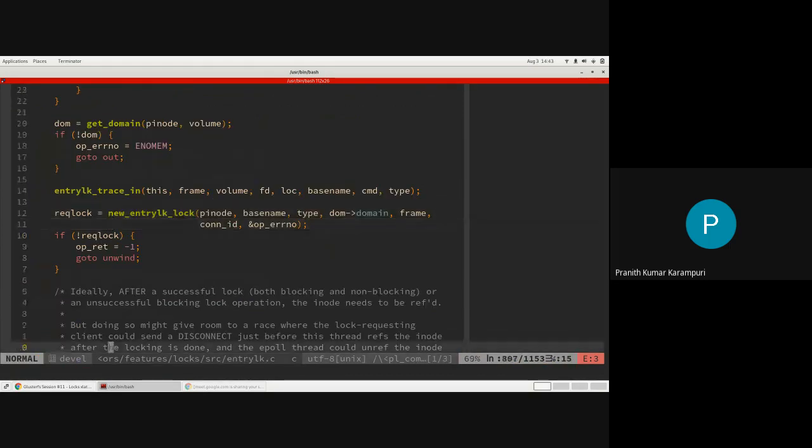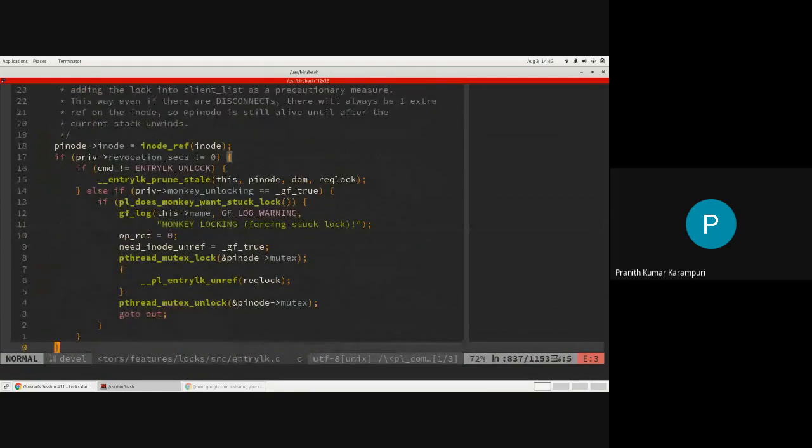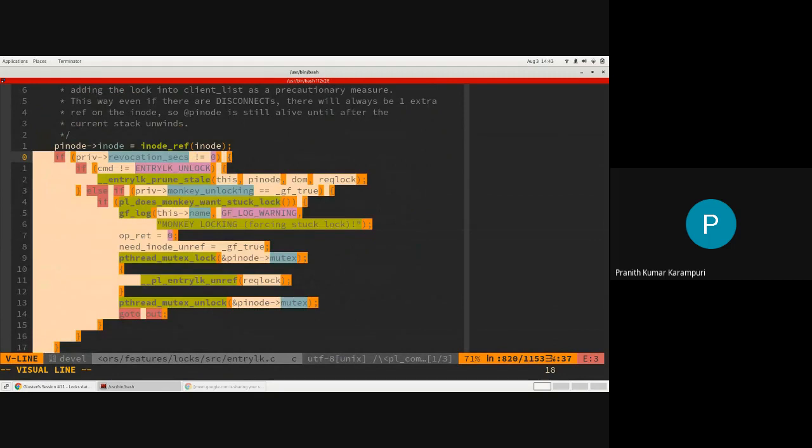All right. So after this, okay, so this is that. I think this is contributed by the Facebook team because they used to get a lot of these stale locks at that time. So they have this concept of revocation, which is if a lock is active for more than X minutes or X hours, it will just go ahead and unlock it.